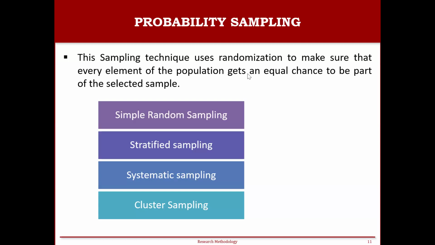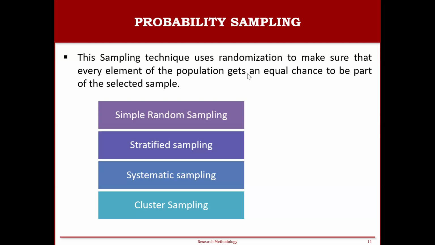So you might pick every 10th person on the list, right? You have 1,000 people in your population and out of 1,000, you have to select 100. So that 100 is your sample. So under the systematic sampling technique, you can pick every 10th person in your list. You can list them out and select every 10th person for your sample. That is systematic sampling, right? Not only the 10th, you can select as per your requirement. Let's say you can select every 15th person in your list, or else every 8th person.